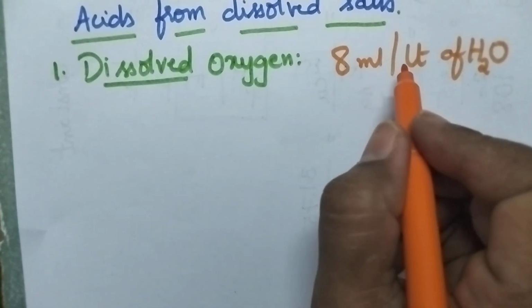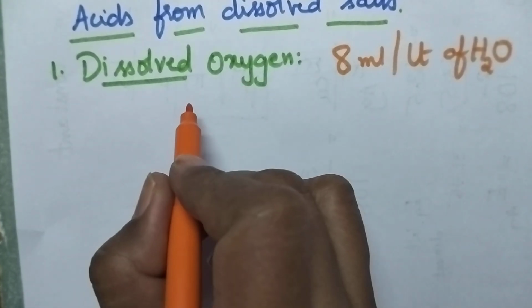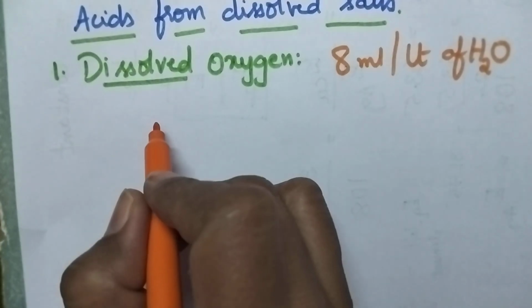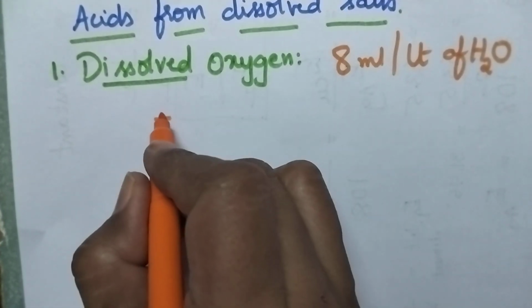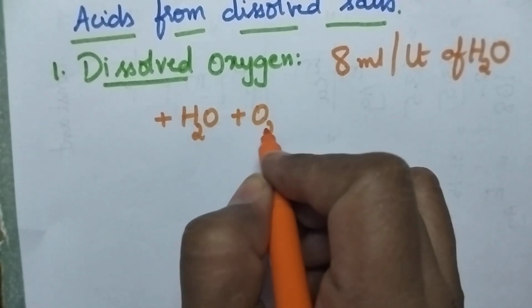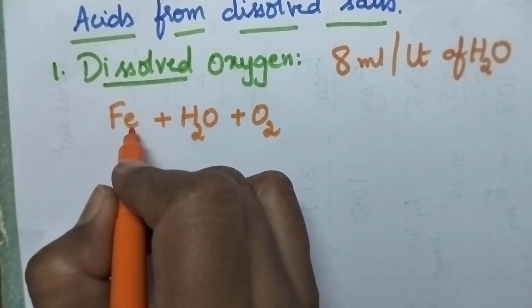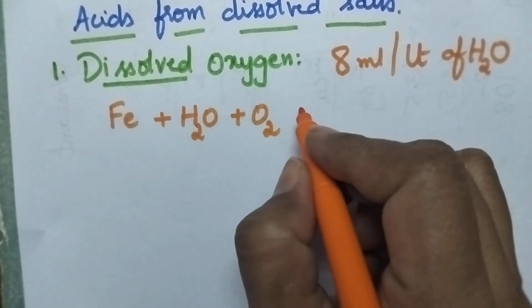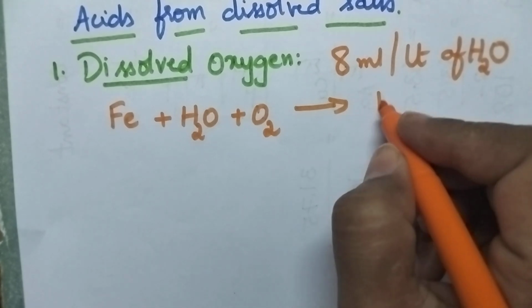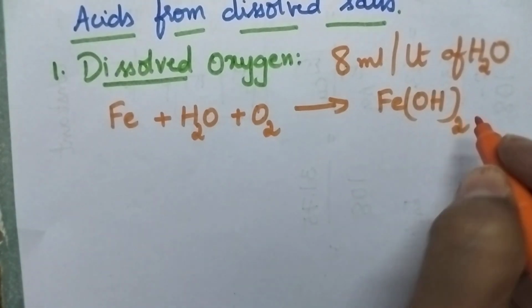Especially in boilers, high temperatures are maintained. At high temperatures, this oxygen readily attacks the boiler material, that is nothing but iron,